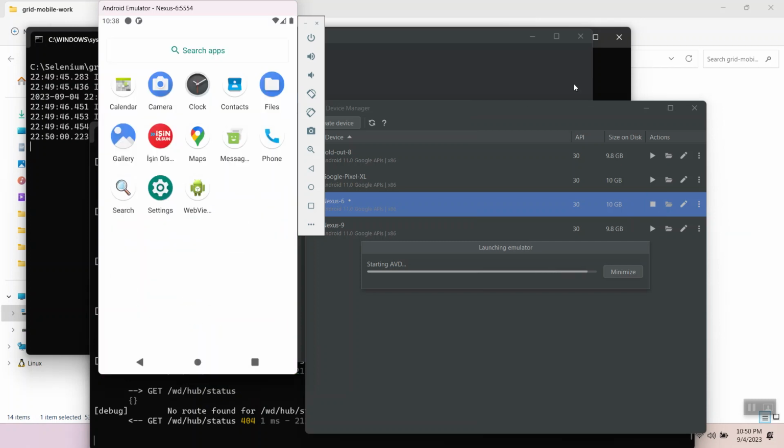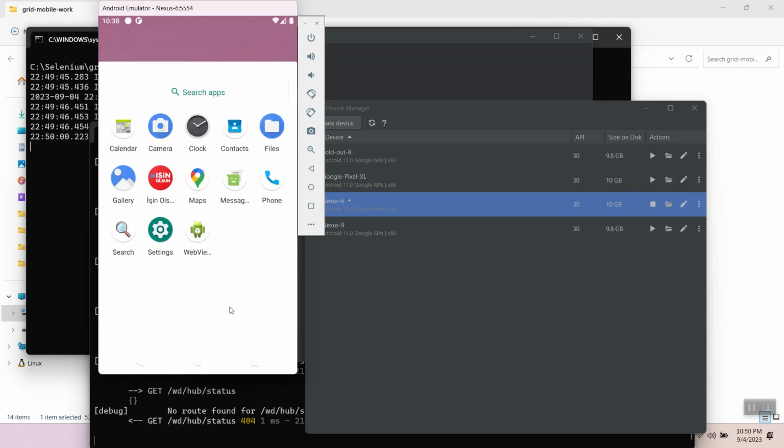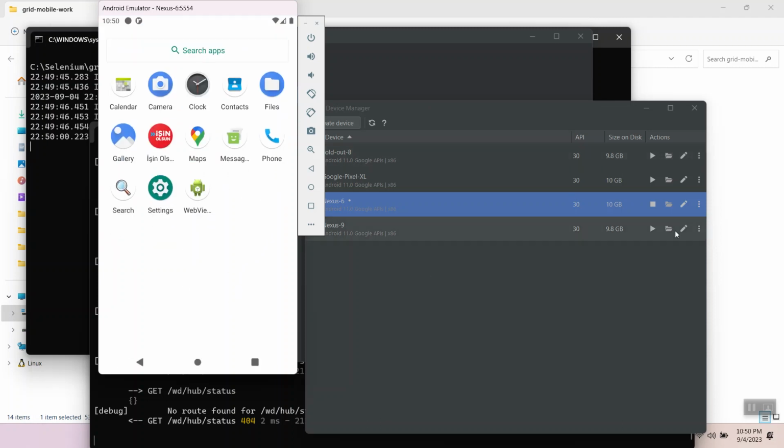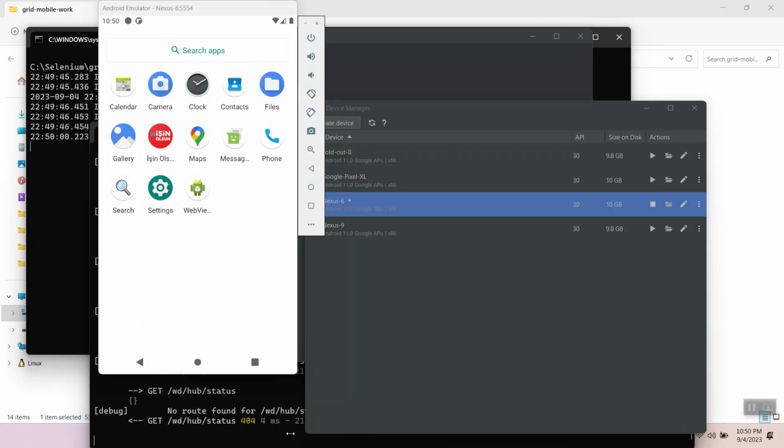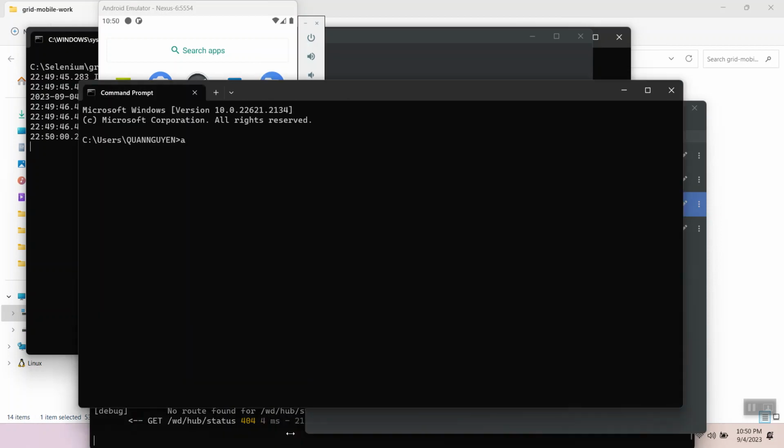Okay. I don't have the app installed, but no problem. Let me check one more out. CMD, Appium, sorry, ADB devices. Okay, we have one device launched,